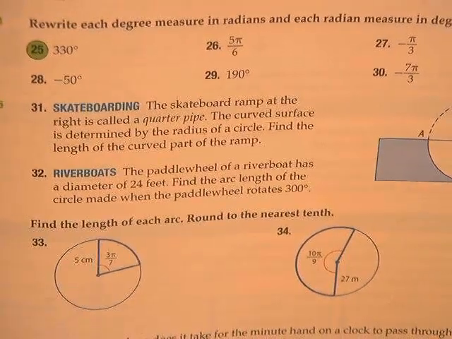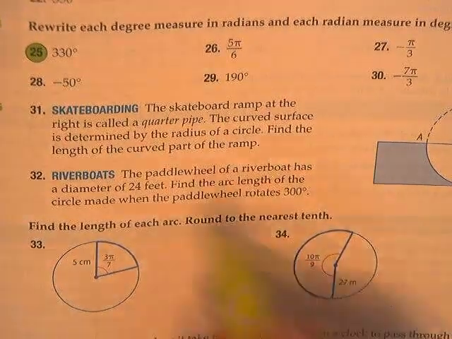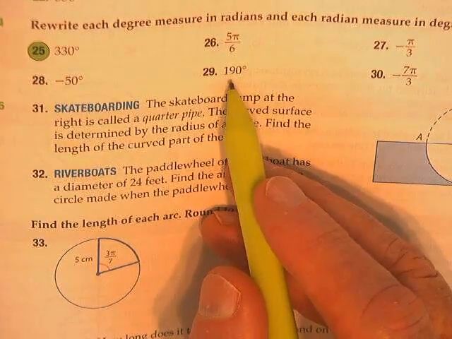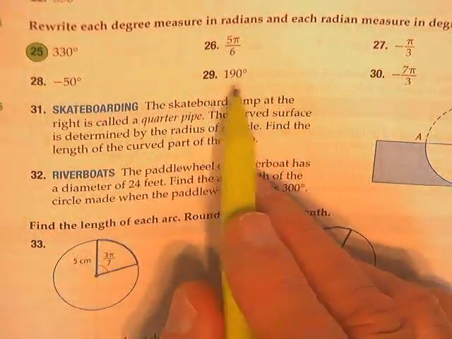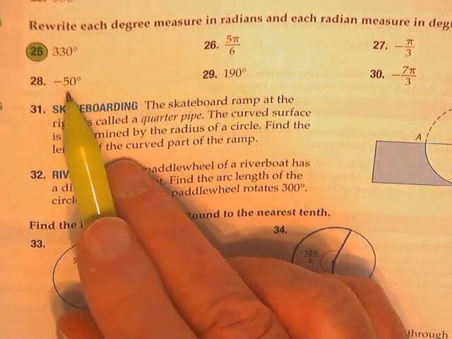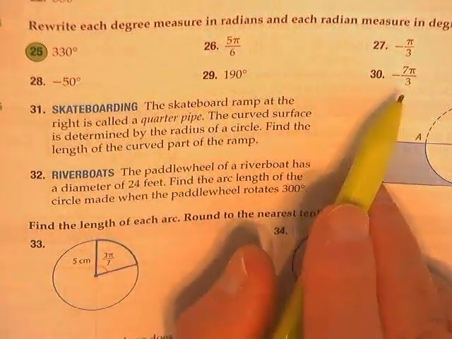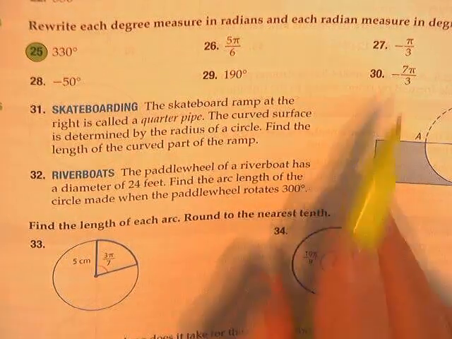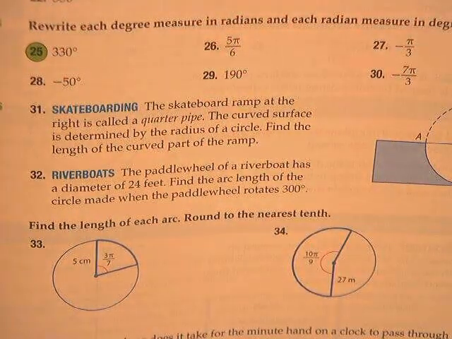We just did 190 right here. So I did these 3. Change this one to degrees, this one to radians, keep the negative, that one to degrees. And you should be okay on it, and we'll